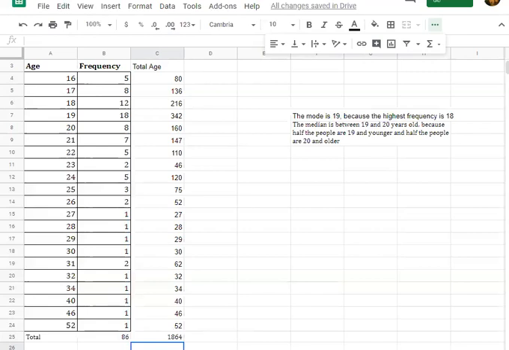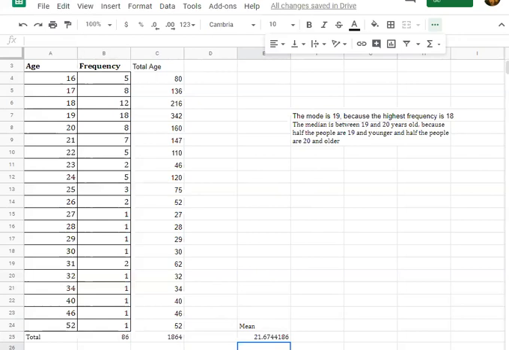So if I wanted to average that out, and that's what the average age would be, it's the average life experience of each of the people. So I take these 1,864 years and I split them up evenly among the 86 people. Okay? So the way I find the mean then is I take my 1,864 years and I divide it by the 86 people. Okay? So the mean is about